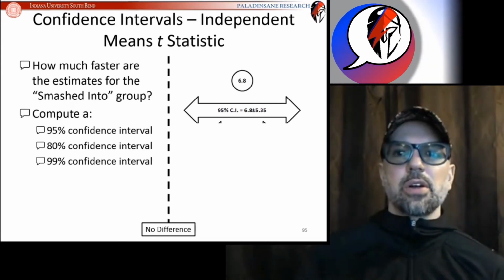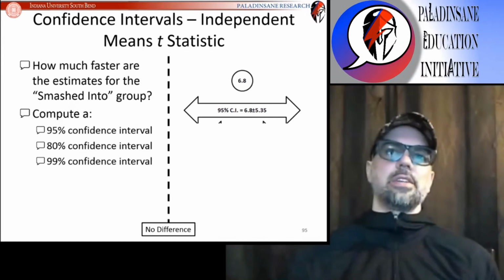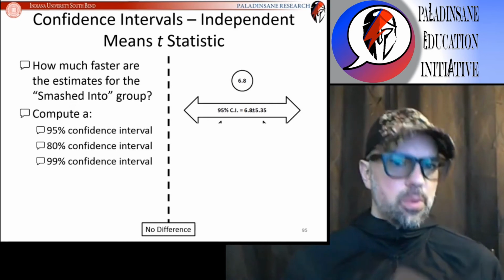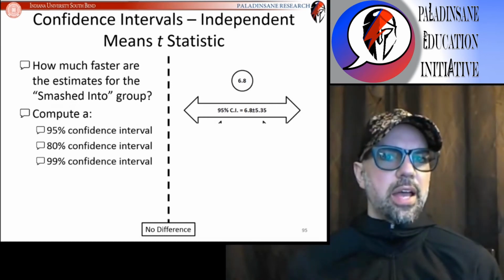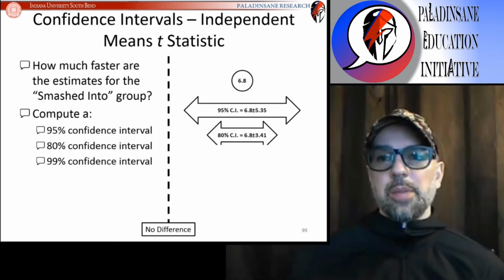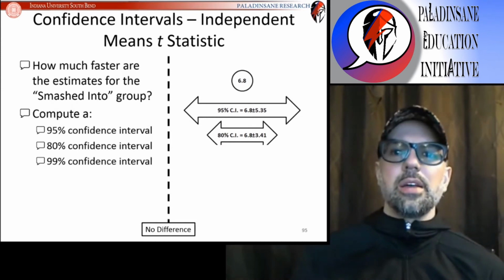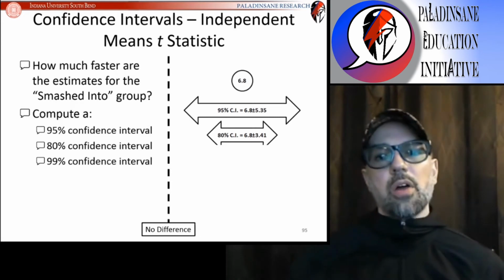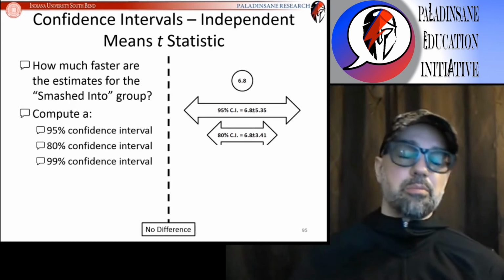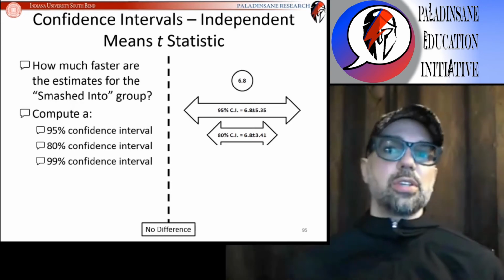And then if the defense lawyer said, no, we don't need to be that confident, we only need 80% confidence, what's your 80% confidence estimate? In that case, you would say, well, with 80% confidence, it was 6.8 plus or minus 3.41 miles an hour. So all the way down to 3.4 miles an hour, but potentially all the way up to 10.2 miles an